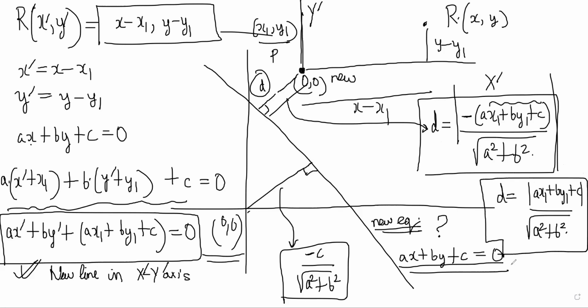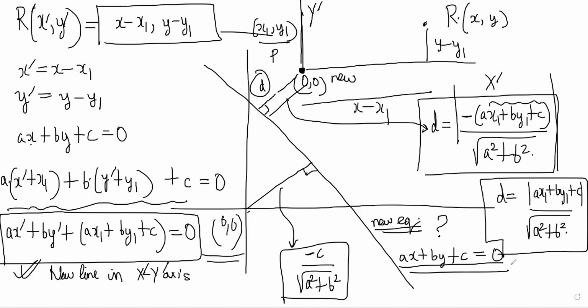Do you understand what we did to derive it? What did we do? We used the normal form x cos alpha plus y sin alpha is equal to p. We use that form to find out what is p when your point is the origin. From origin, you are dropping a perpendicular on a given line, right? That came out to be minus c by root over a square plus b square, right? Then we said that we need the distance from a random point to the line.